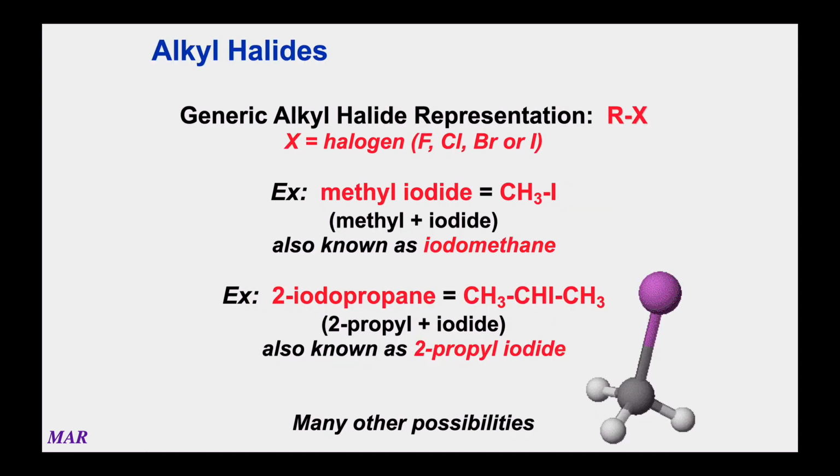Cool. Instead of putting a hydrogen on the end of an alkyl group, you can put a halogen on the end of an alkyl group as well. And that creates another family of compounds, or class of organic compounds, called an alkyl halide. An alkyl halide is just an alkyl group with a halogen on the end. So in this case, you'd have the generic symbol RX, and X could be fluorine, chlorine, bromine, or iodine.